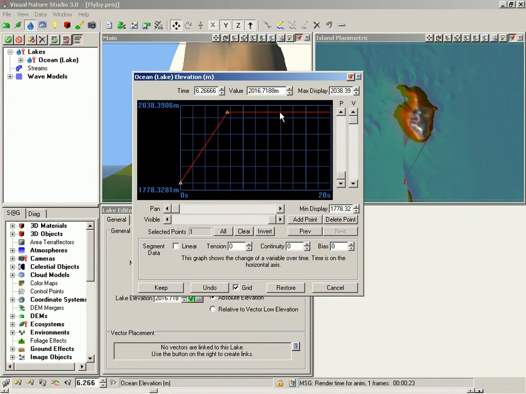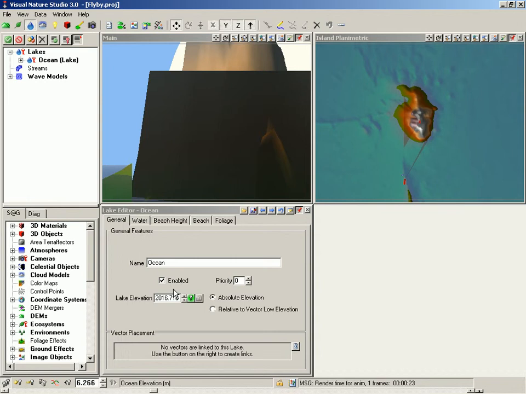To make the rate slow as it approaches maximum value, select that second keyframe, change its tension to 1. You'll probably recognize this as the same change we made to the camera latitude and longitude timelines earlier. Keep your changes, save the project,